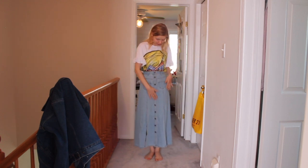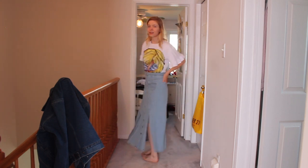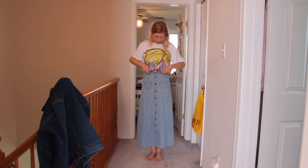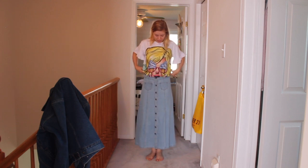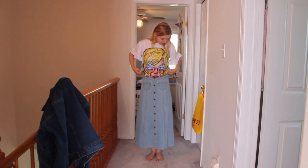I love all the button details down the front, the little pockets, front and at the back. And I think it looks really cute with the shirt. Now, to see the skirt a little bit better, I did leave the shirt more tucked in than I would style this. And to show you the shirt now, if I was styling these together normally, I'm going to pull out the shirt a little bit more just so you can see a little more of the graphic, until it sits about